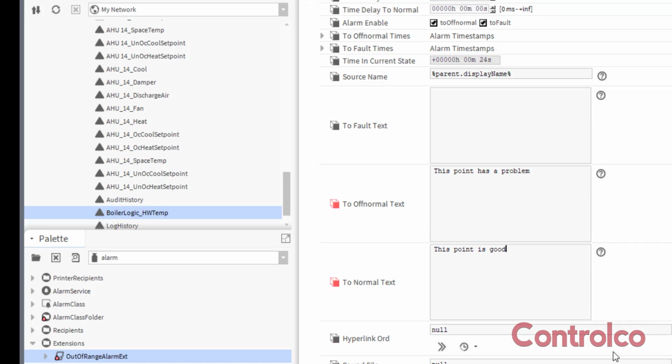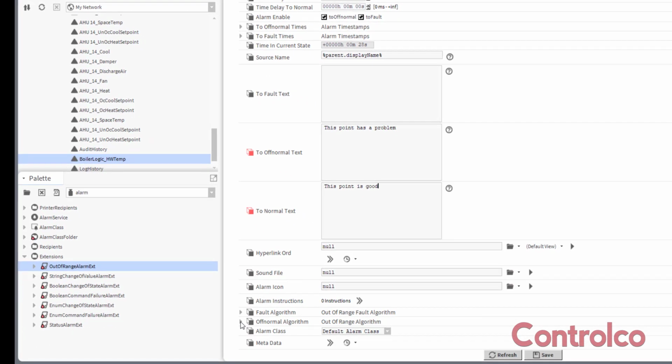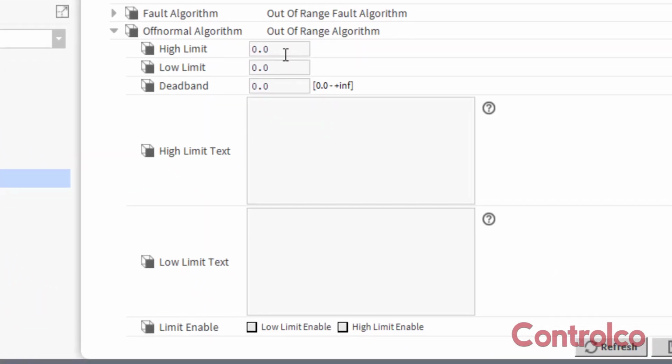And then I need to tell it what to do. I'll come down to the off normal algorithm and expand that. I'll put a high limit of 190 and a low limit of 100. Then I need to give it some meaningful text. So, boilers are